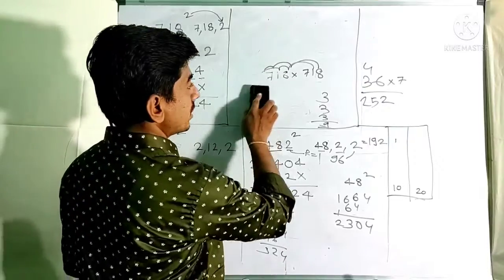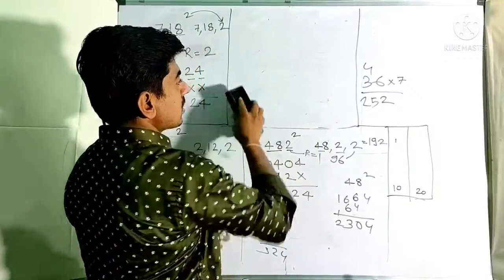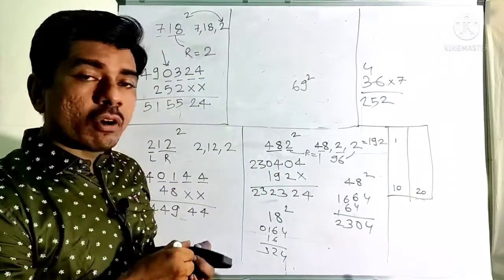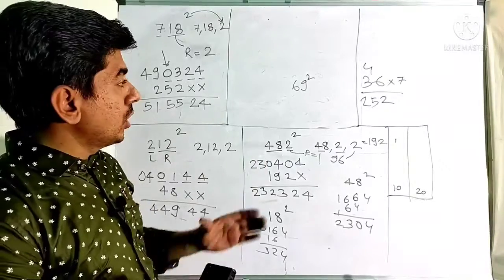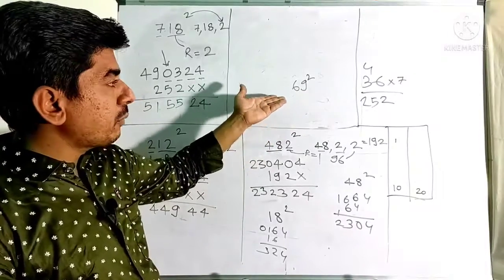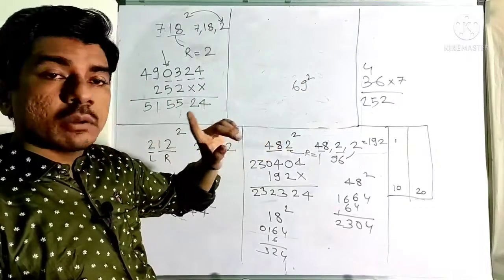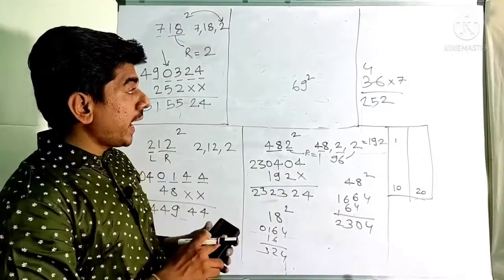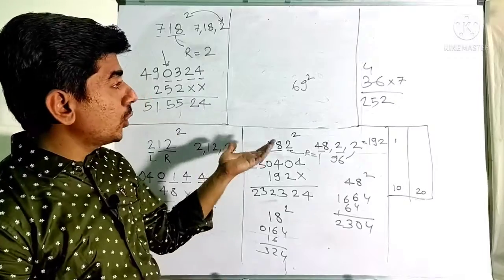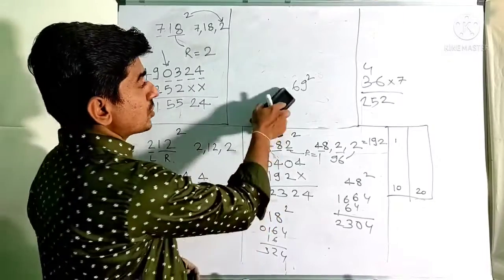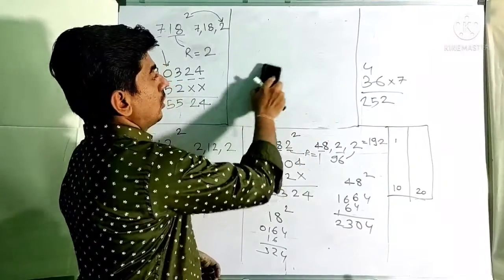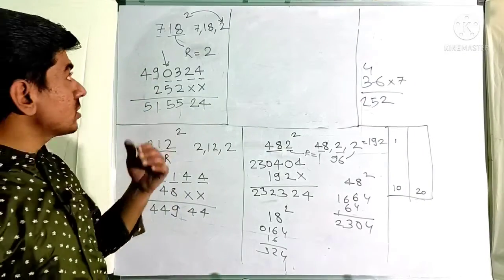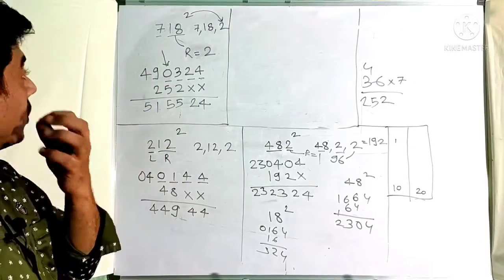If you are school students and if the question is asked as 69 square, then you should solve by the conventional method, because for that method only you will get your marks. You may say you know the shortcut trick and you are going to directly write the answer, but you will not get the marks for writing it as a direct method. This will be helpful to know the answers, and this will be helpful for the people who are going to appear for the entrance exams or some government jobs or some competitive exams. Those who are participating there, they will take much advantage of this method. Okay, 718 is also done.